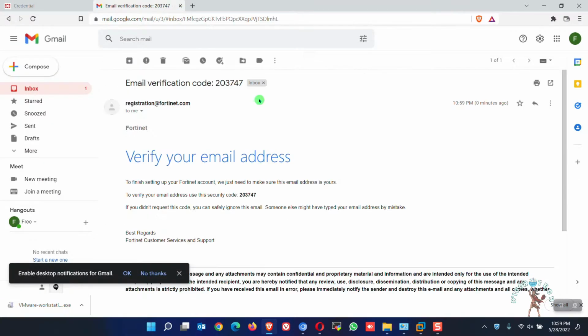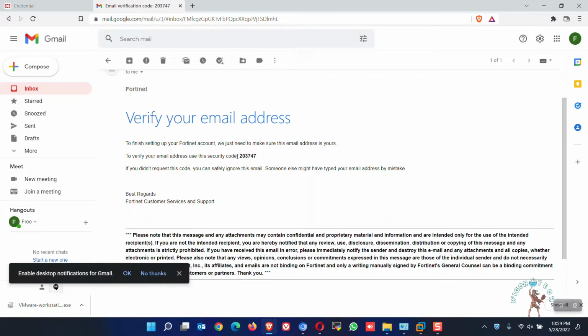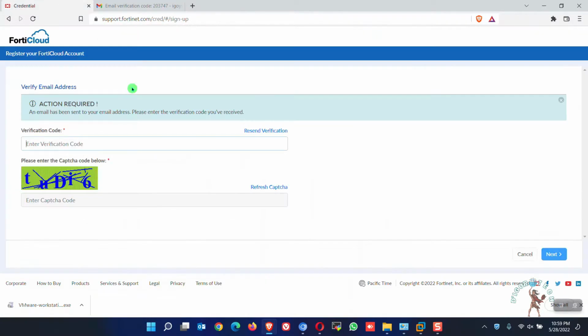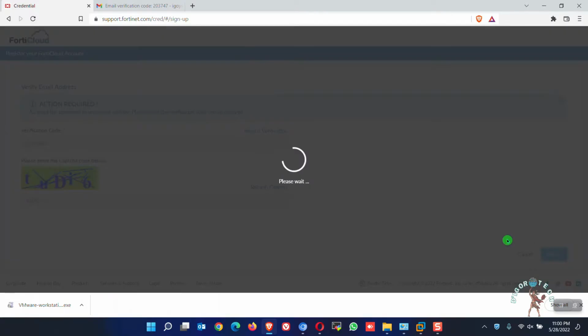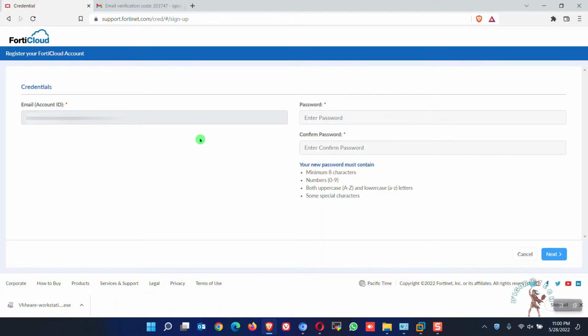Now, go back to your email. Copy the code, then paste it in the box. Next, enter the CAPTCHA. If you can't read the CAPTCHA, then you can click Refresh CAPTCHA. Once done, click Next. Now, enter your desired password. You can check the password requirements. Minimum of 8 characters. Numbers 0 to 9. Both uppercase and lowercase, and some special characters. Once done,